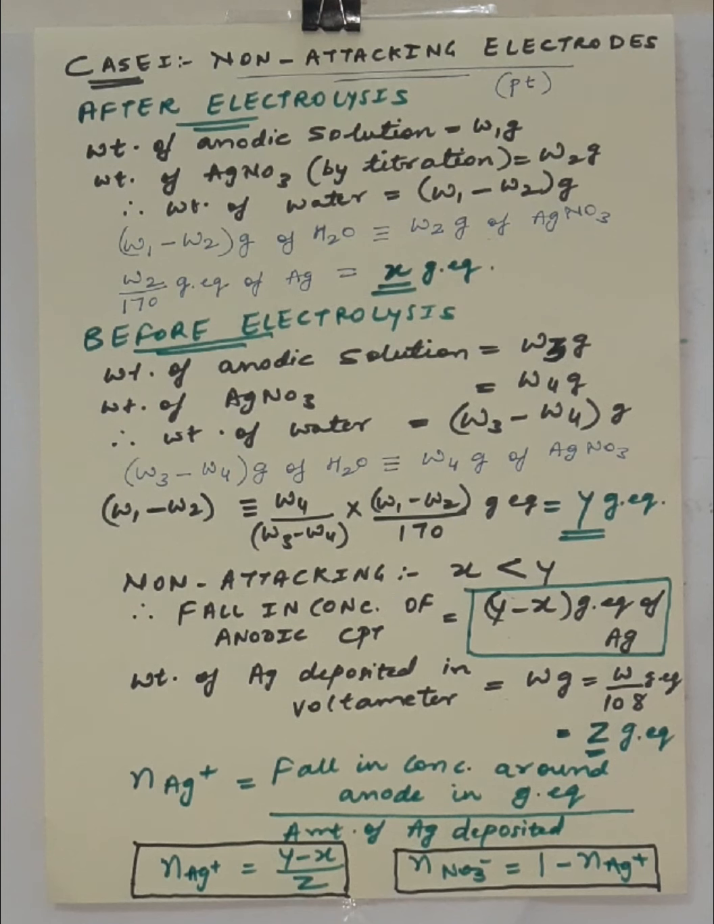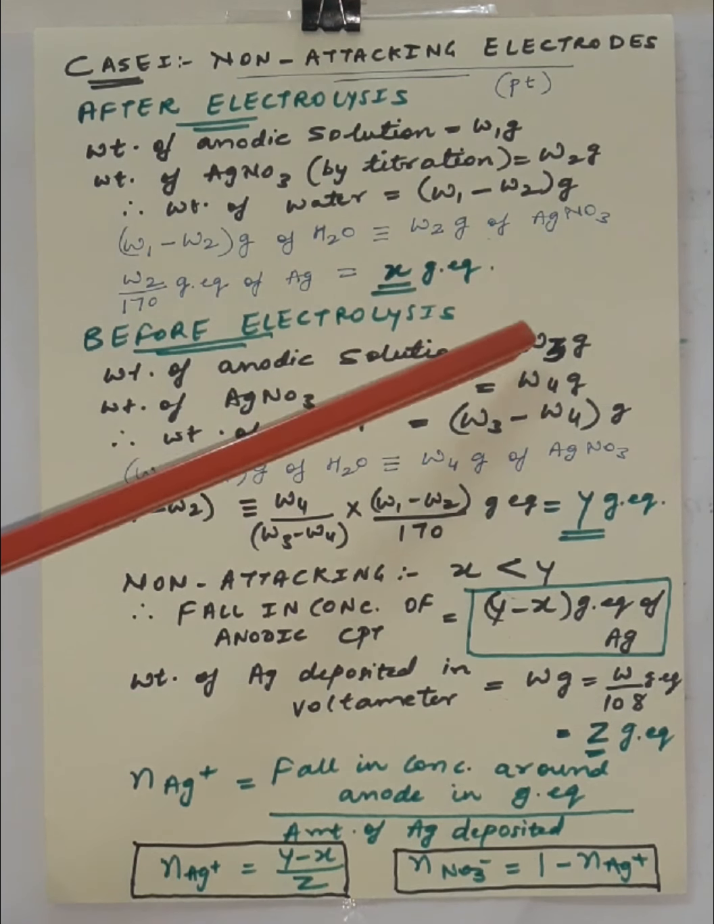The next part is the before electrolysis observations. Before the electrolysis proceeded, what is the weight of the anodic solution? Say it is W3 grams. After titration, you found the weight of silver nitrate is W4 gram. What will be the weight of water in this case? W3 minus W4 gram. So in this case, I can say W3 minus W4 gram of water contains W4 gram